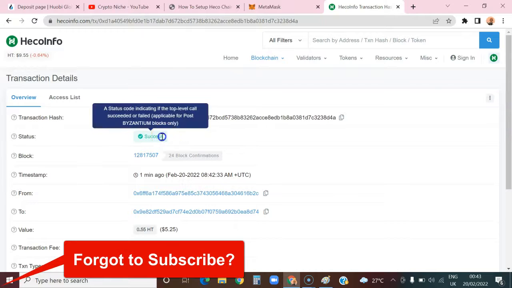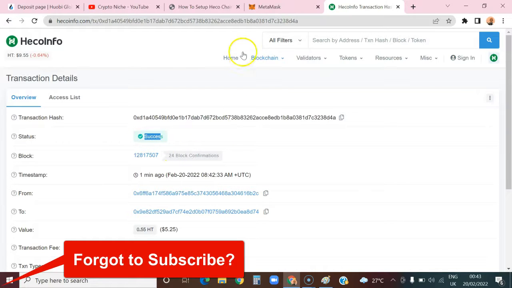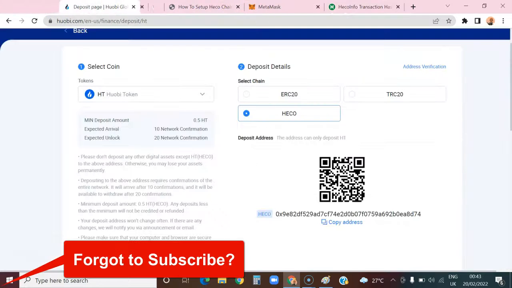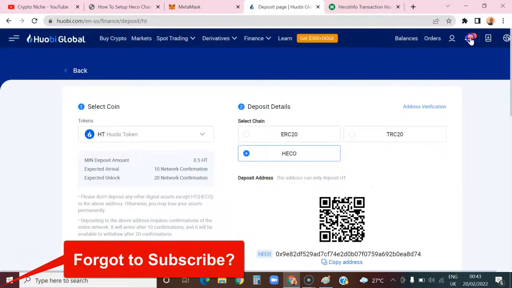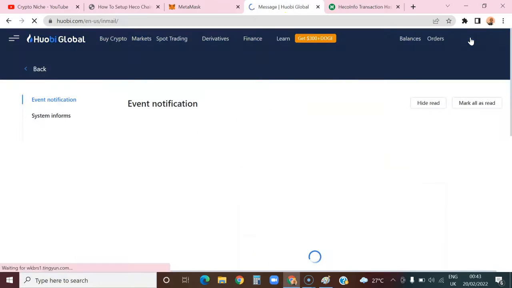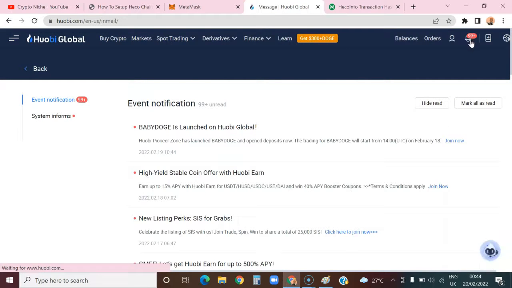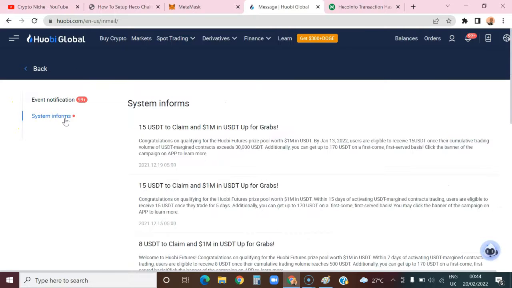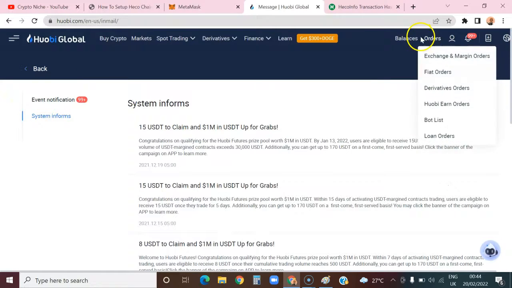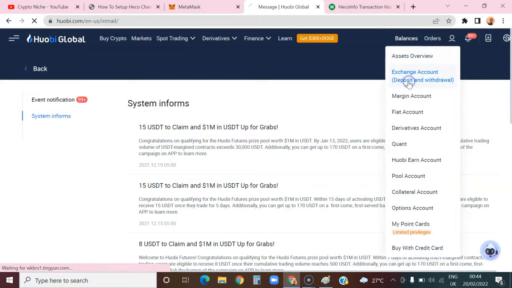Okay, so the transaction has been confirmed. It's success. Okay, so now I'll come here. Let me move this to this point. I'll come here, and there's going to be a notification possibly. Okay, I'm not notified yet. System notification. Okay, not yet. But the thing is just that when you come here and check the balance,